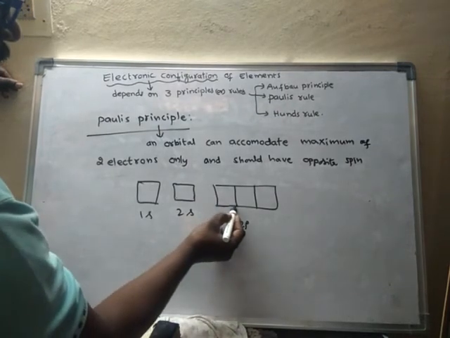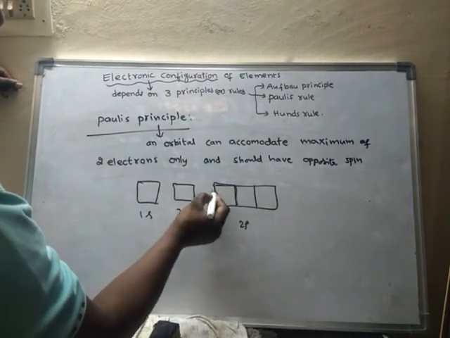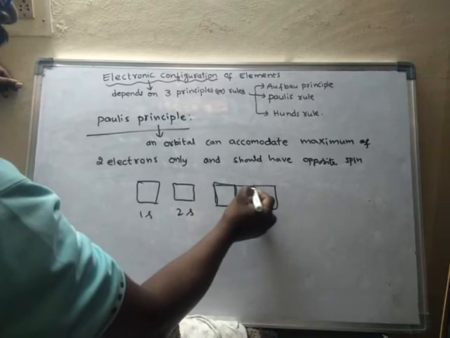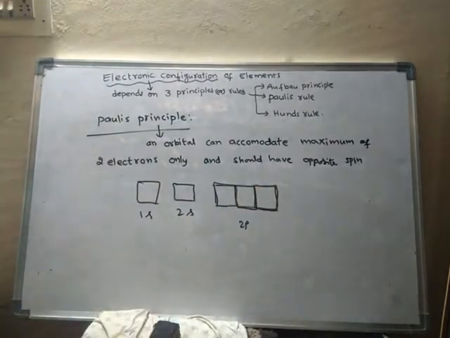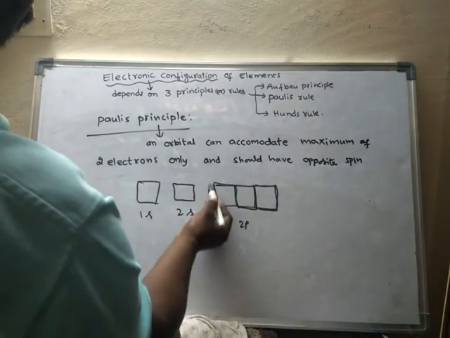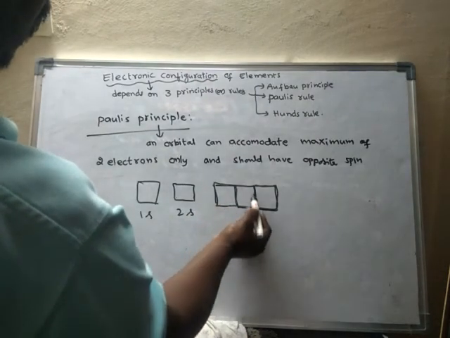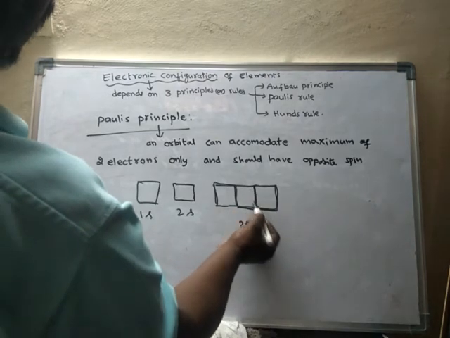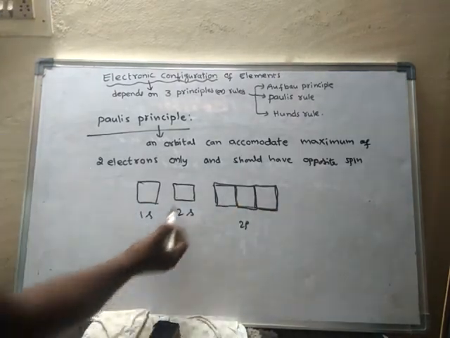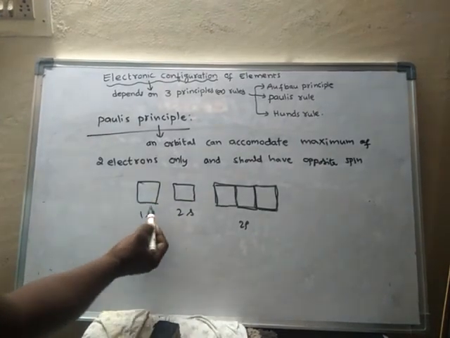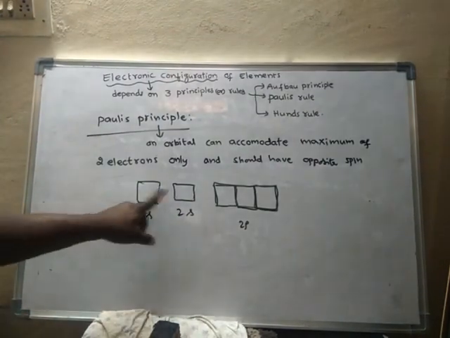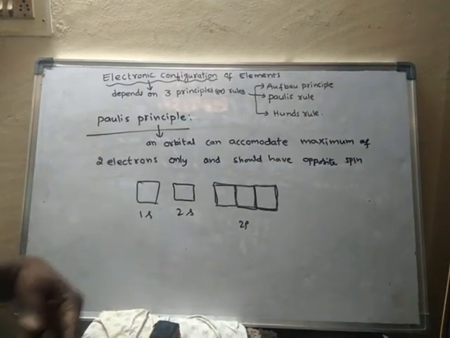This is one 2p orbital, this is another 2p orbital, this is another 2p orbital. How many 2p orbitals are there? There are 3 2p orbitals. The name of this orbital is 2p orbital, this orbital is also a 2p orbital, and even this orbital is a 2p orbital. The name of this orbital is 2s orbital, and the name of this orbital is 1s. So whatever the name of the orbital it may be,